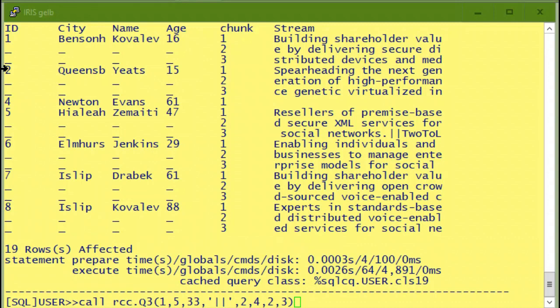Now I've returned to my SQL shell and call the procedure number 3, and you see the list of input parameters has grown quite significant to cover all the possible variations, and in clear text it would say, well, we want to show the objects number 1 to 5, here, with a maximum output length of 33 characters, separated by double pipe,